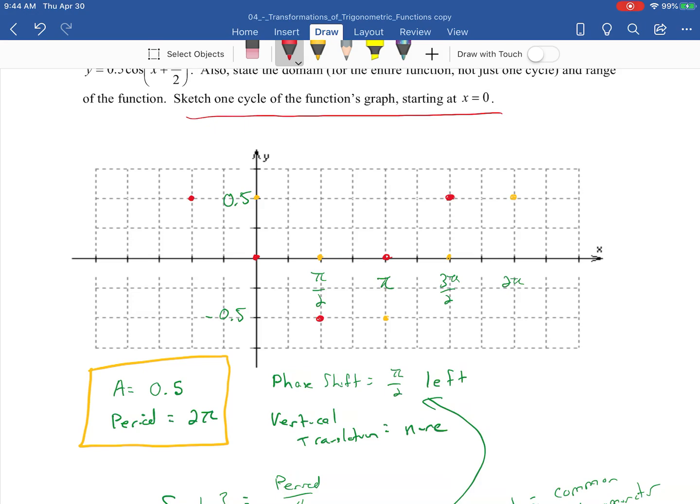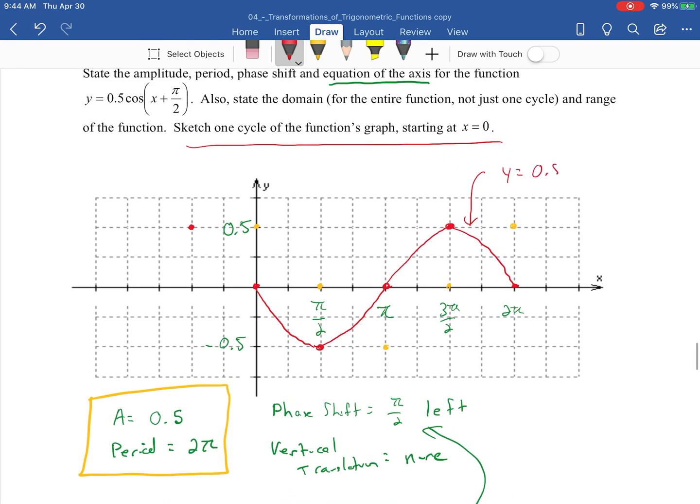And so it says sketch one cycle starting at x equals 0. So I've got to start here, there, there, but that doesn't complete my whole cycle. So I'm going to add the next point in the pattern there. There's my one cycle of the graph starting at x equals 0. And there's my graph y equals